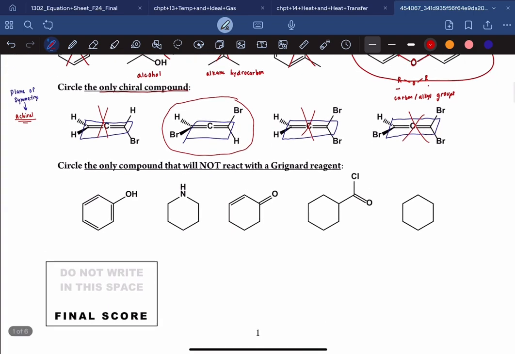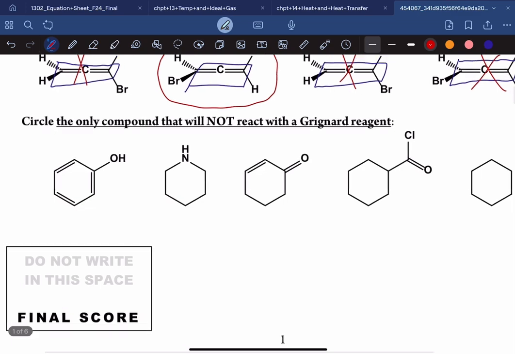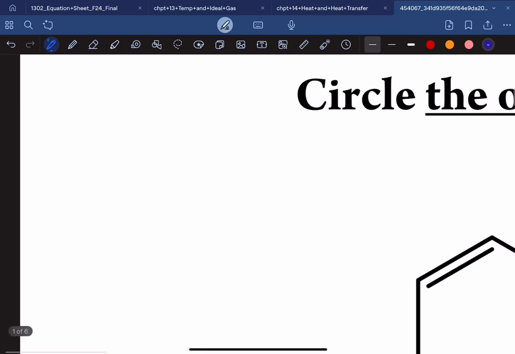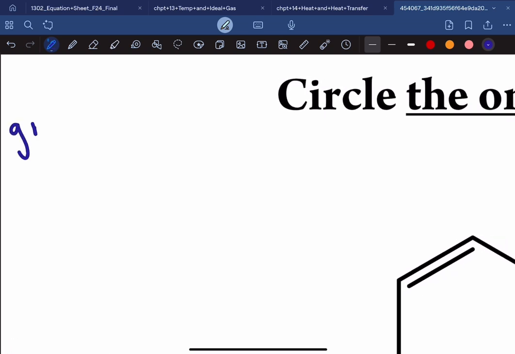So hopefully that's good. Okay, next question says, circle the only compound that will not react with the Grignard. So it's always important to know what you're looking for. So let's write out what will react with the Grignard. So Grignard, right? What is this thing? It's a strong base,